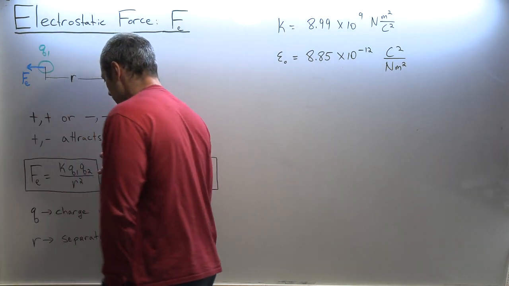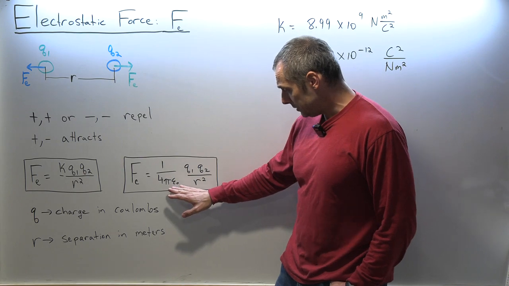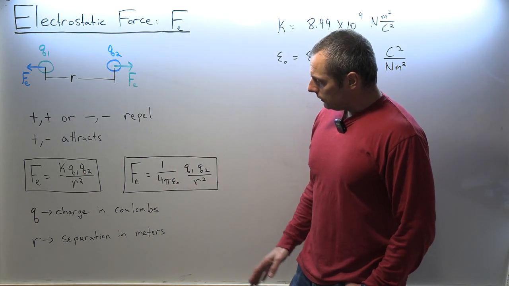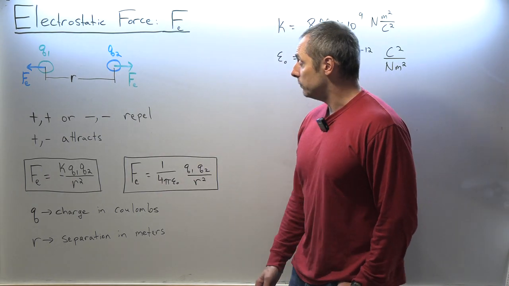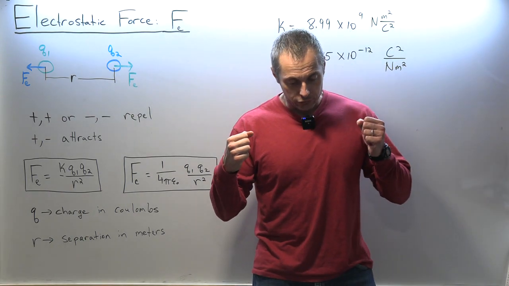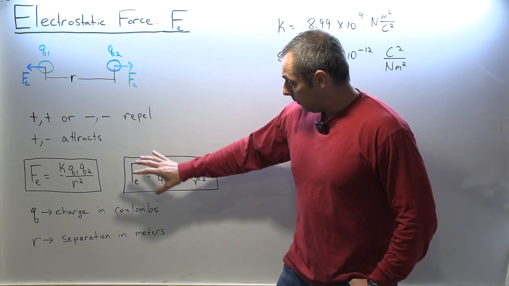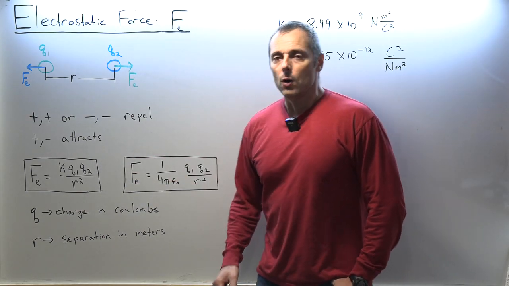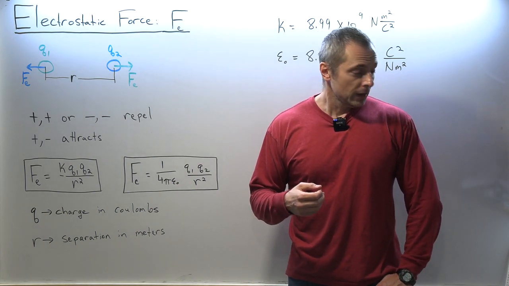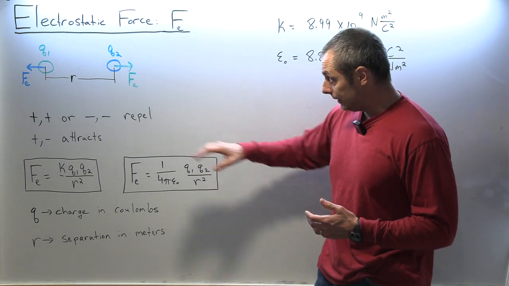In this unit, we're pretty much going to focus on the k constant because, like I said, I just want to mention this so it's familiar for later in the next topic. Okay, and then I have the rest of the information here. So that's it. Opposite charges attract, the same charges repel each other, with this many newtons. What I'm going to do now is an example problem to familiarize you with the problem solving related to this equation.